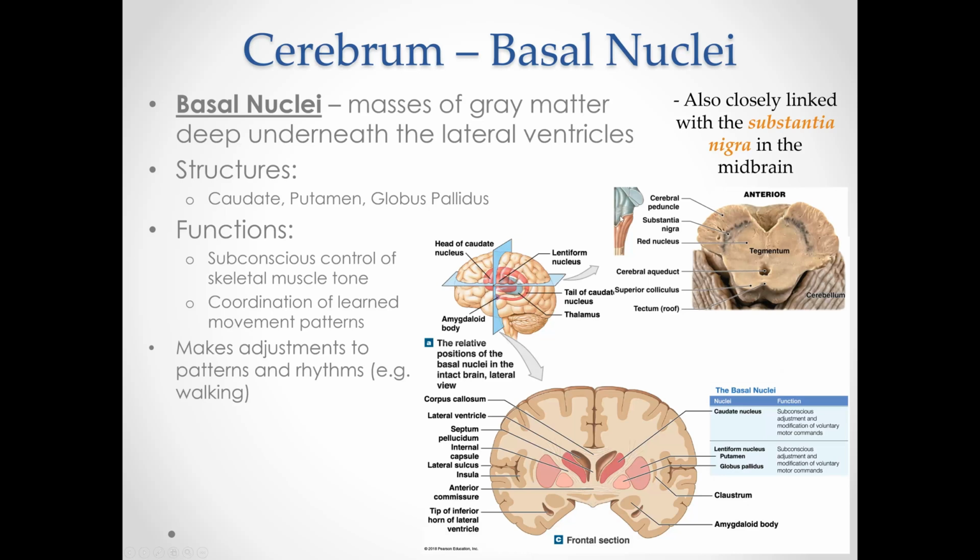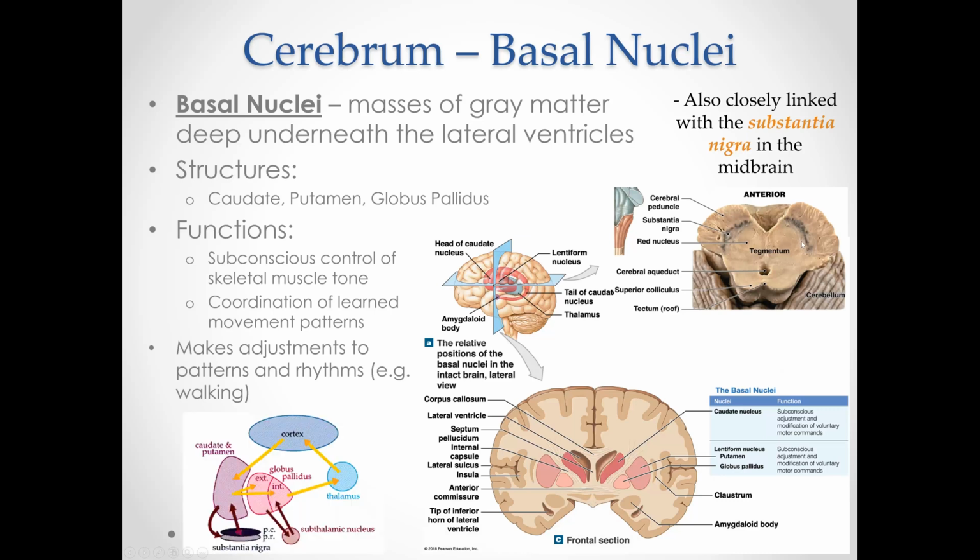The basal nuclei are also closely linked with the substantia nigra in the midbrain, as we discussed earlier. This is the actual black area in the midbrain. These are neurons that use dopamine as their neurotransmitter. And so this little chart down here, you don't need to memorize this, but this is just to show you